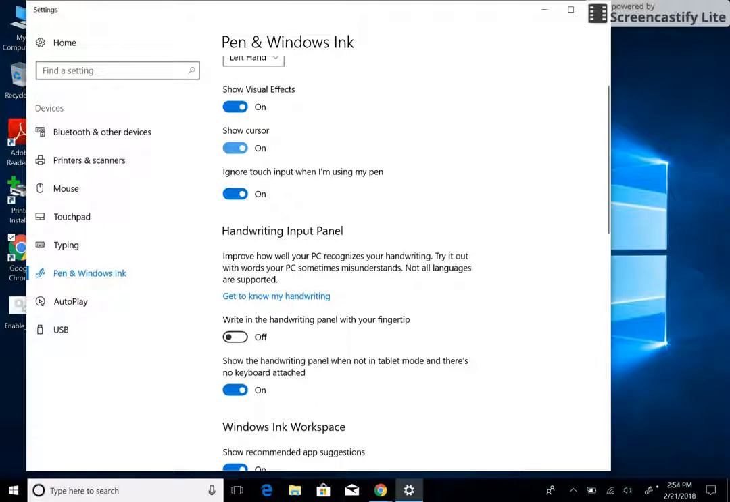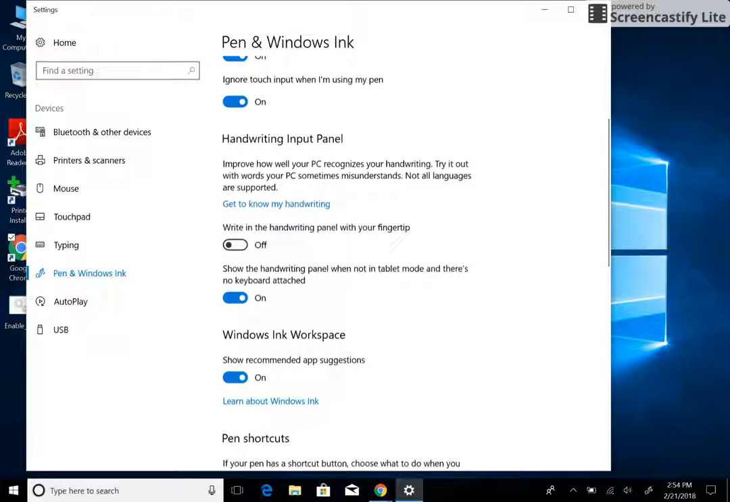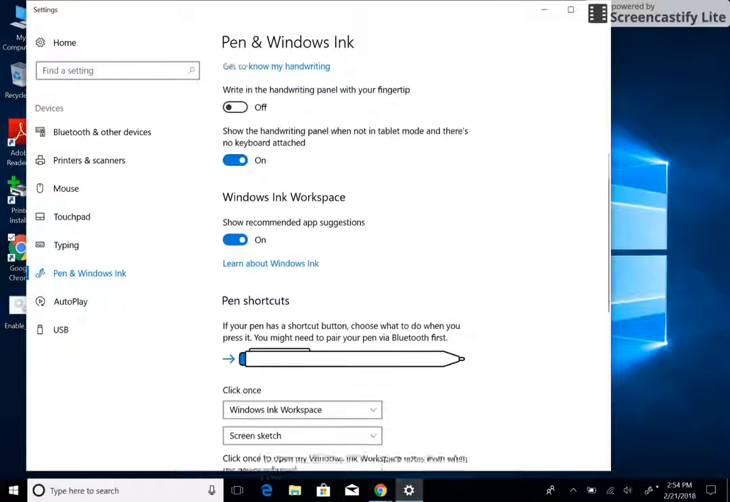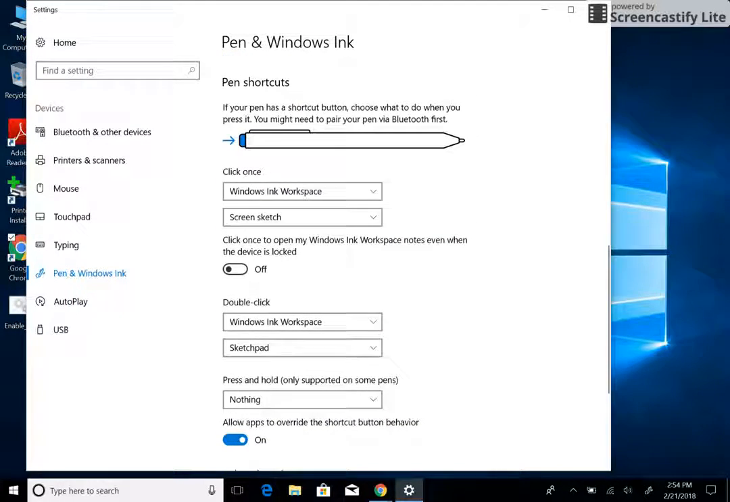Some people don't like seeing the cursor when they have the pen. Like if you get very close with the pen, you see a cursor. You can turn that off, and then you can also turn it back on again if you wish. It's all personal preference. If we keep scrolling down to get more towards the bottom, we have the pen